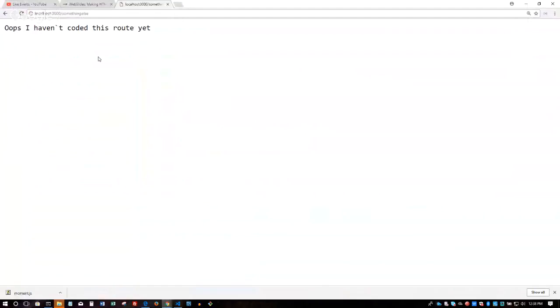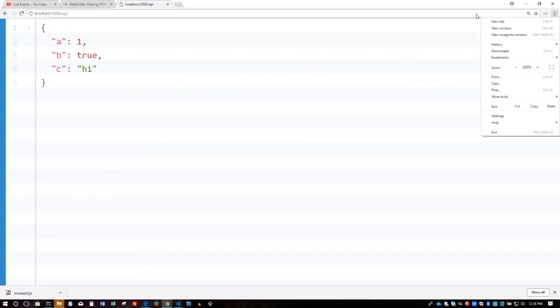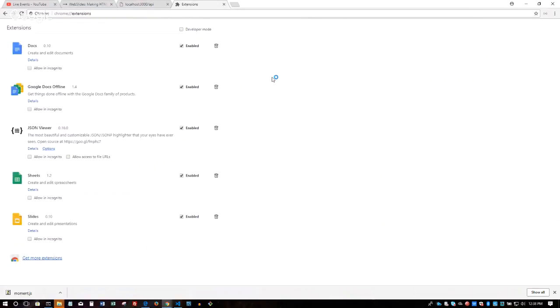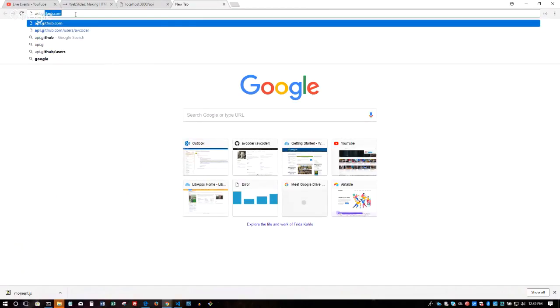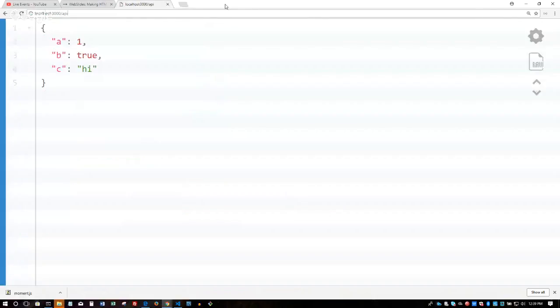Go to my Chrome. So now if I go to my API, I get the JSON. And the only reason why I have this fancy stuff in the background is because in my extensions, I downloaded something called JSON Viewer, which allows me to see JSON data in this fancy way. Okay. So I want you to imagine the power that you have, that you can now create your own APIs. Just like how when I asked you in week 1 to go to api.github.com/your-users/avcoder and you got all of this JSON, you now have the power to do the same thing.